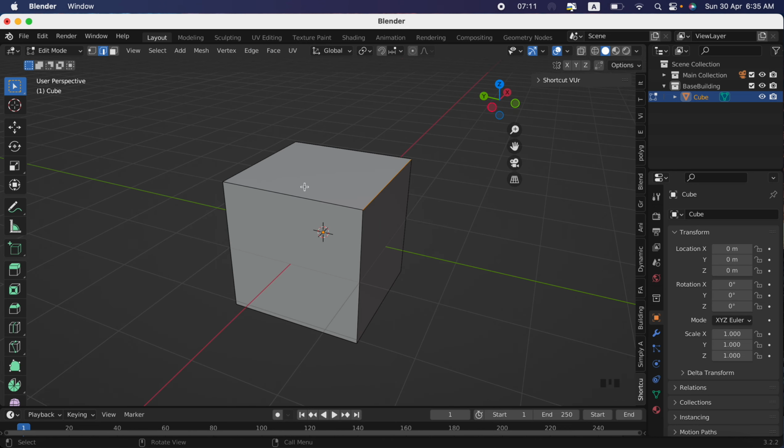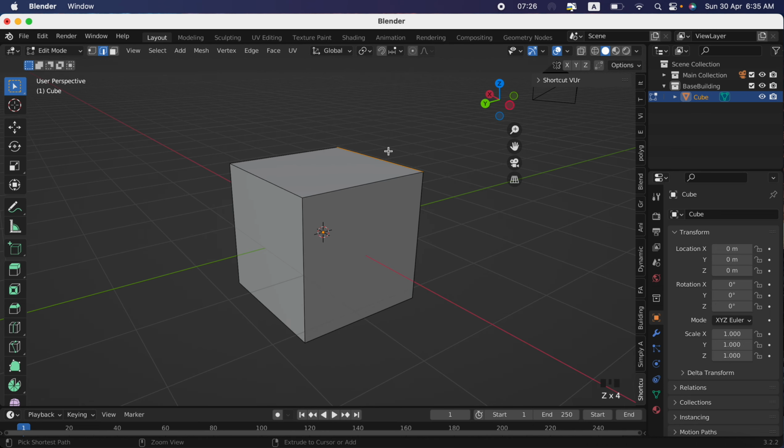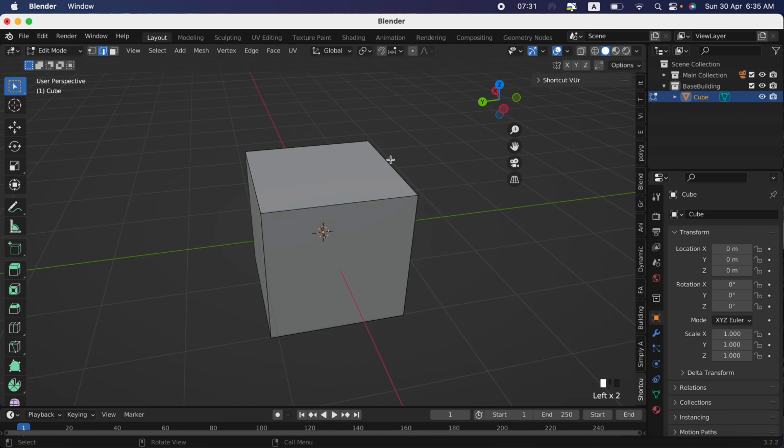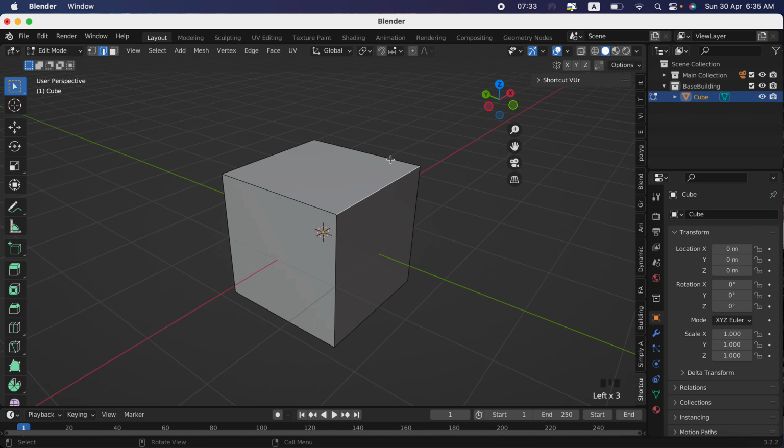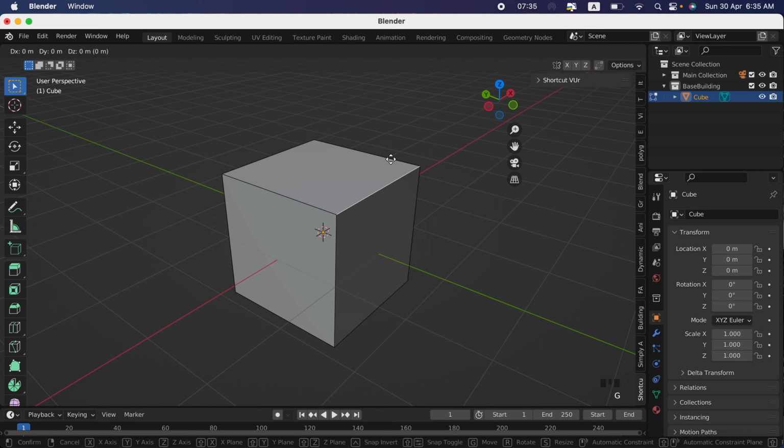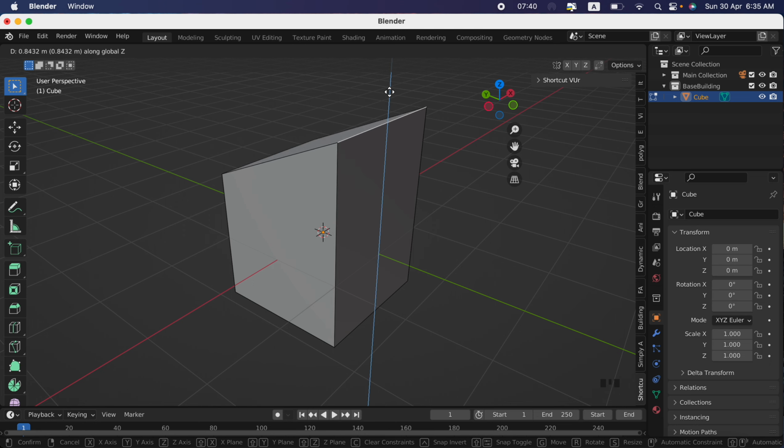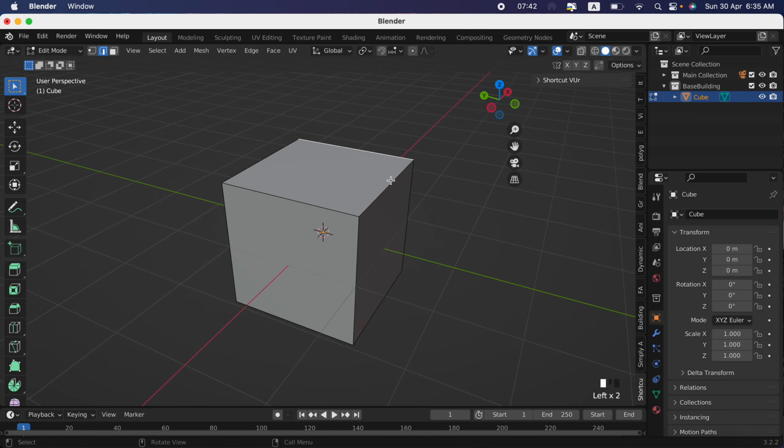There is another thing, the E, extrude. Press the E button, G to grab that thing, Z axis again. I actually screwed up. Grab the edge, G button, E button, Z button. Nope, not working. Okay. Grab the edge,